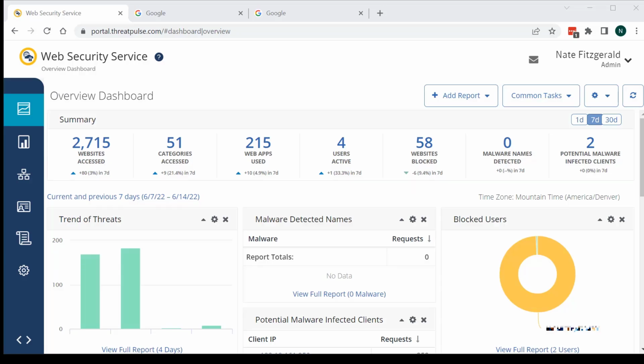Hi, this is Nate Fitzgerald, and I'm here today to talk about a great new feature that we just released into private preview status called Dedicated Egress IP Addresses, or DEI for short. It may be a little self-explanatory, but I'll explain the feature just in case it's not and what value